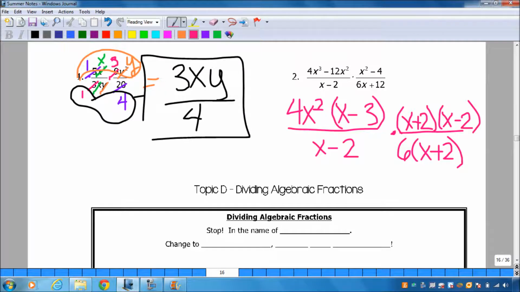So if you guys look right here, I have an x plus 2 here in common with this x plus 2, so they're allowed to go. Okay, I also have an x minus 2 here, and that can cancel out with that x minus 2. All right, I also, if you notice, have a 4 here and a 6 here, which means they're both divisible by 2. So this 4 can become a 2, and this 6 can become a 3, making my final answer 2 x squared times x minus 3